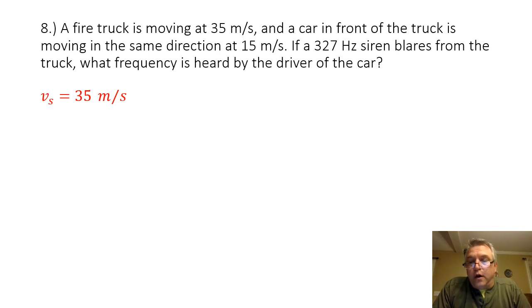The observer of the siren or the sound wave is going to be the driver of the car, and the car is moving at 15 meters per second, but the velocity of the observer is going to be negative 15 meters per second. And remember, and this is going to be important, we define the sign of the velocity according to the relative motion between the observer and the source. If the source is moving toward the observer or the observer is moving toward the source, their velocity is going to be positive. If the source and or the observer is moving away from the other, then their velocity is going to be